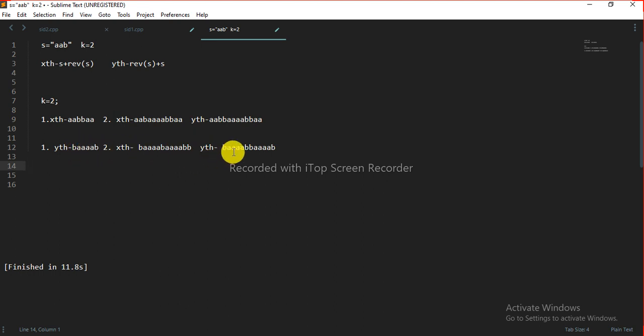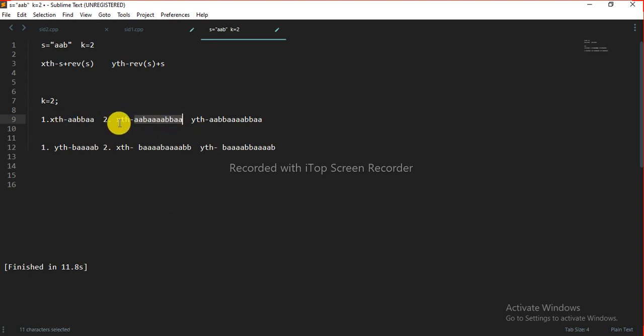So what is the intuition, what is the logic in this? The logic is that if we perform the xth operation or the yth operation on this string, the string will become a palindrome. We can see this because in this one the string is a palindrome, and in this one also the string is becoming a palindrome. After the string has become a palindrome, if we perform any number of operations on it, the string will remain a palindrome. For example, if we perform the xth operation on this string, we again get a palindrome string.